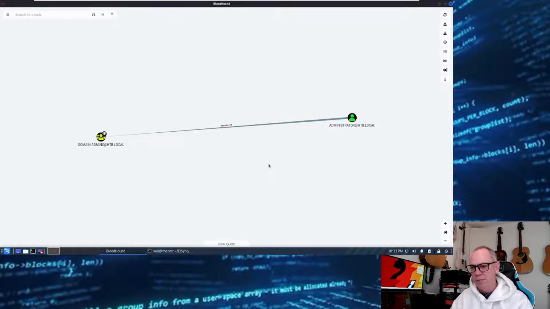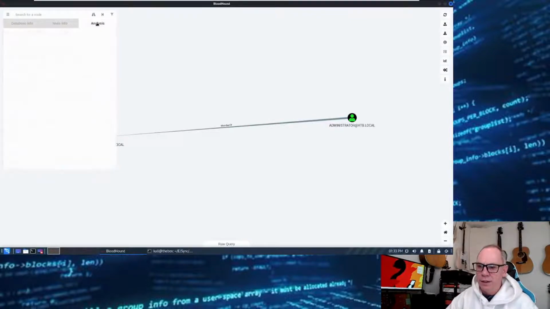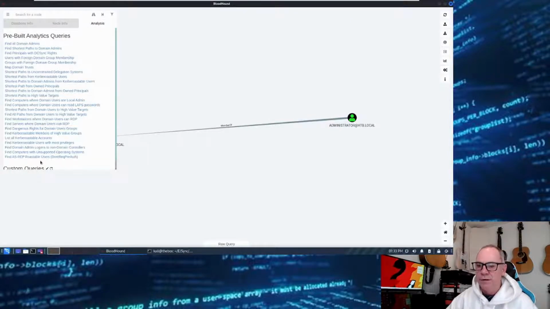when this pops up, it's a bit daunting. But if you go in here and you click on a node, I basically clicked on a member node. So click on here, it's a bit daunting, but if you go in here and you just hit the analysis tab, there's all kinds of analysis that are already scripted into this program. So the one that for that particular machine and for the escalation that we want to do, and also if